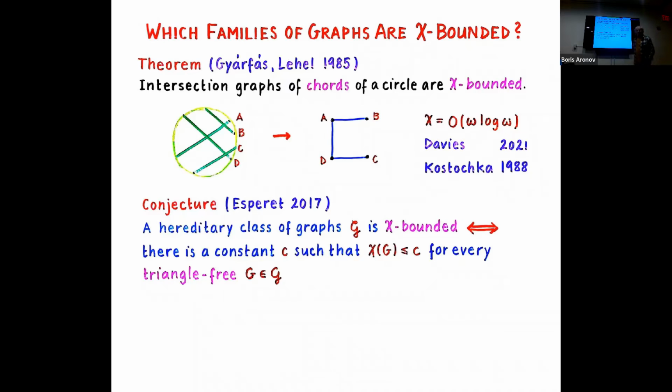What is a hereditary class? What is a hereditary class of graphs? So I will first read it and then I explain it. A hereditary class of graphs is chi-bounded if and only if there is a constant so that the chromatic number of the graph is at most this constant for every triangle-free member of the family. Now this word hereditary is not a very good expression, but what it means is just